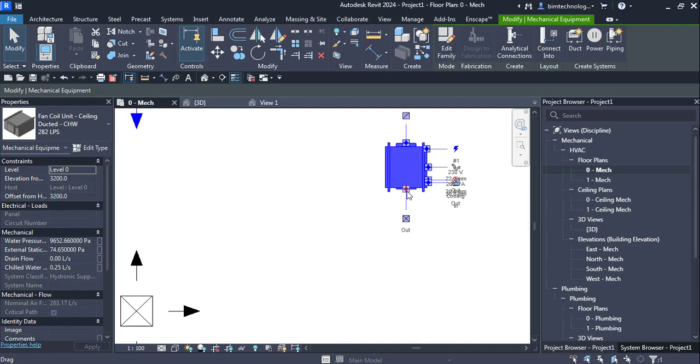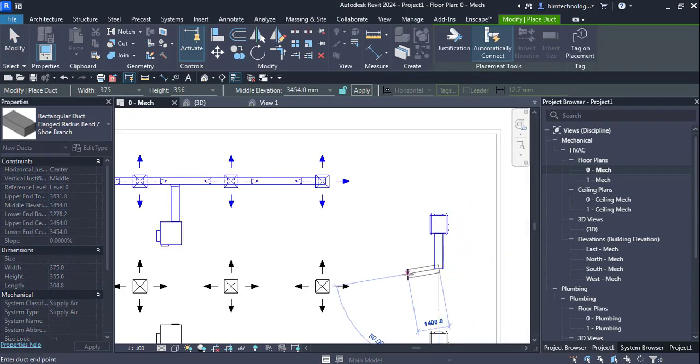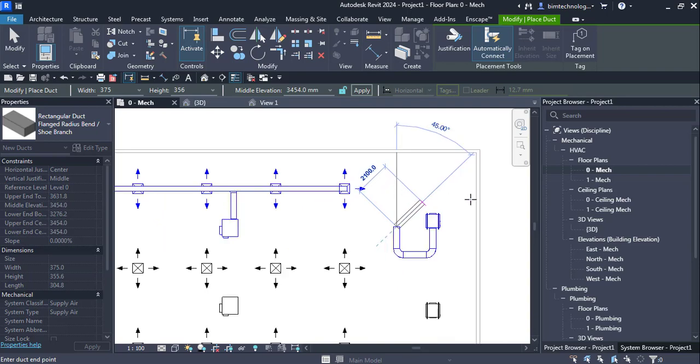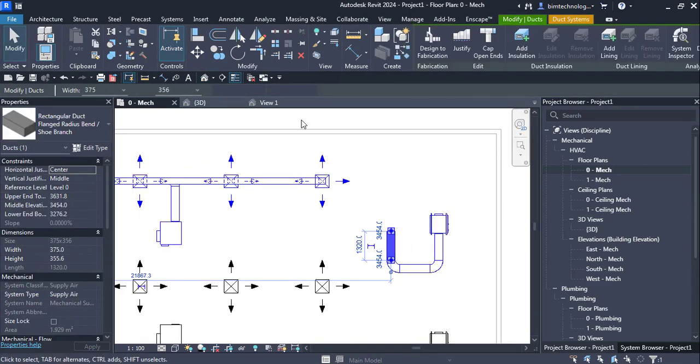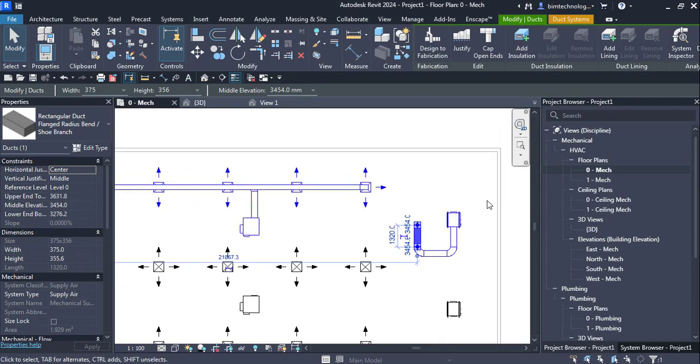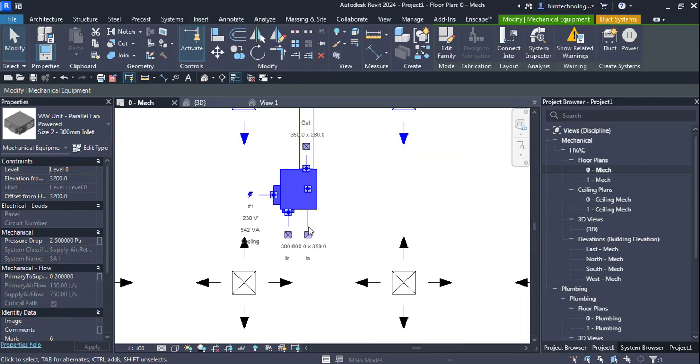So here we have the duct. You can see that if you draw a duct, it will take the middle elevation, so this can be one of the routing options, and then you can bring it vertically here. The mid elevation you can check is by default 3454, and from here, let's say if you have this